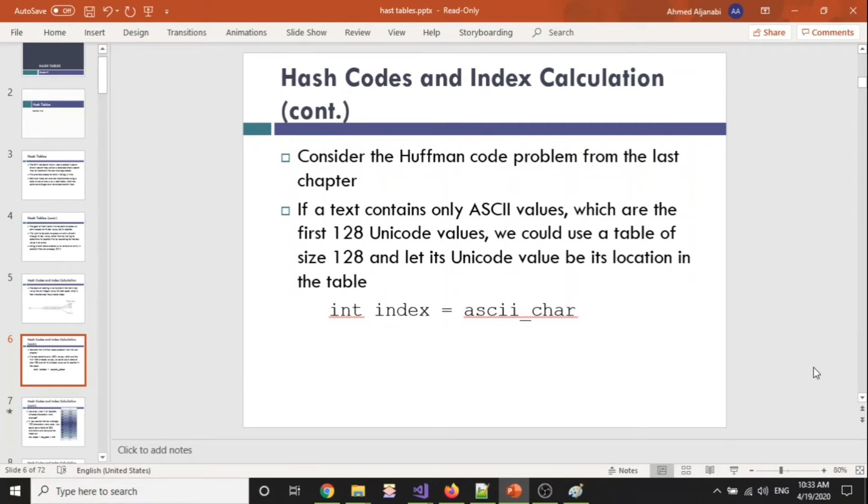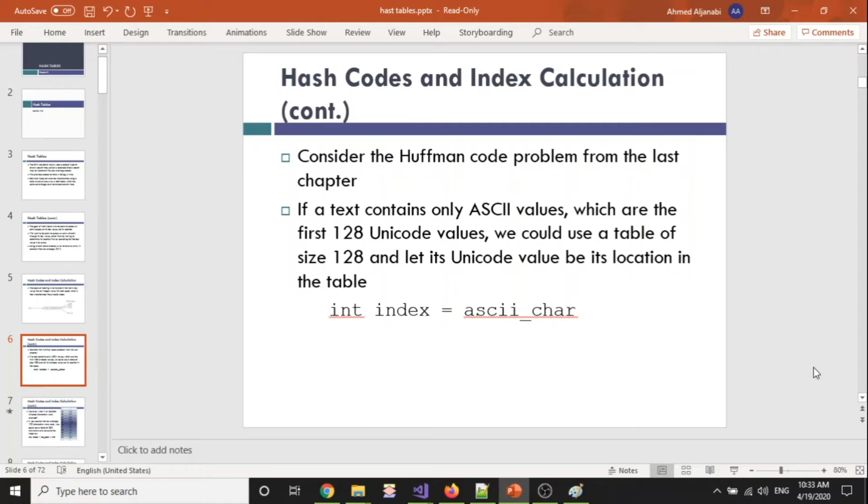Well, again, who said that I'm going to have all the people in the United States in that table? Maybe just the people in Missouri state or Kansas City. So basically, the range of the values that I'm using here, which is the social security number as a value, could be really, really big. So if I want to start from 0 all the way to the end of the range,